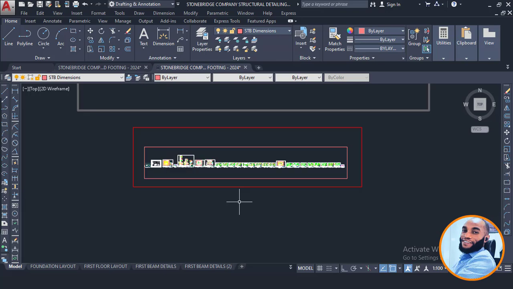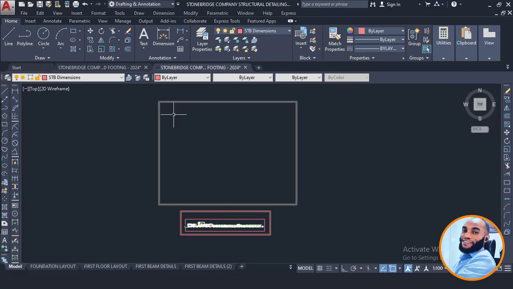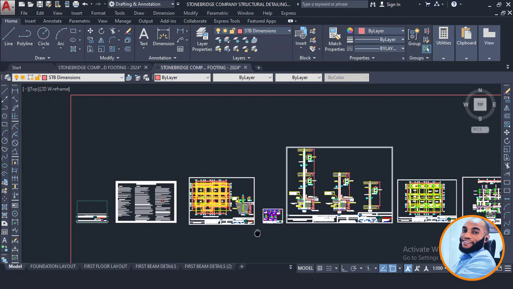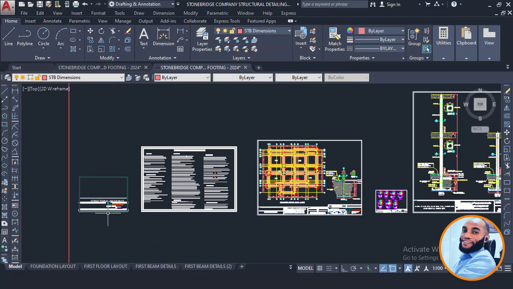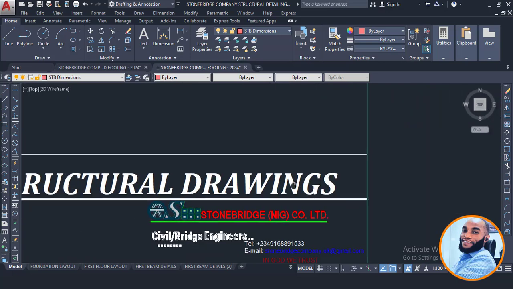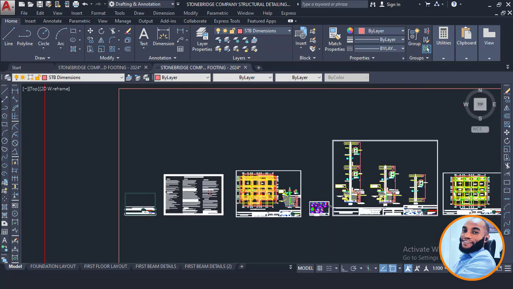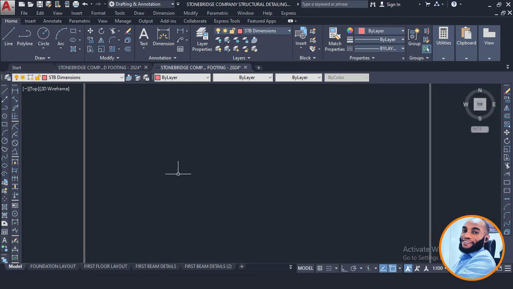Once you open this template, you will see this rectangle region here, and then you will see a sample of your drawing, how your drawing is meant to look when you're done using the Stonebridge template for your detailing. Okay, so once you open your template, what you have to do is